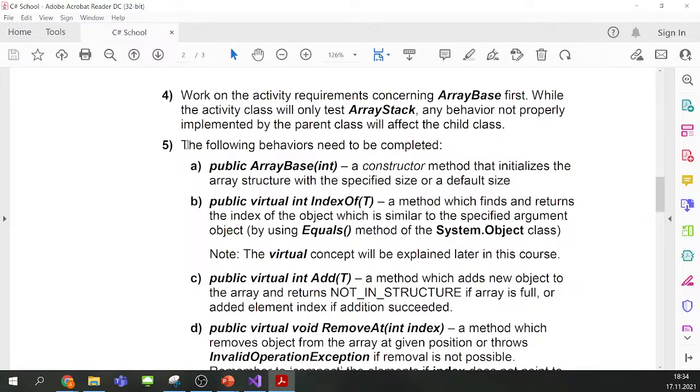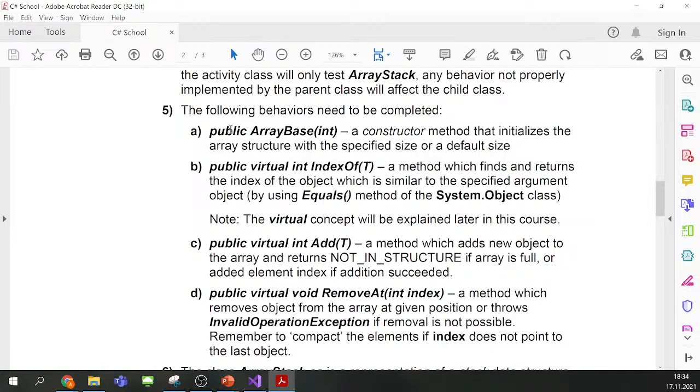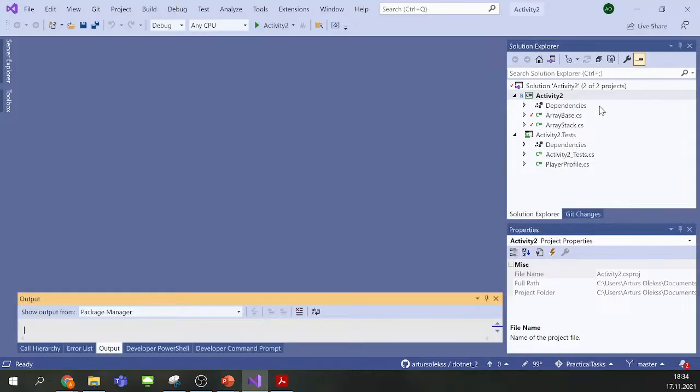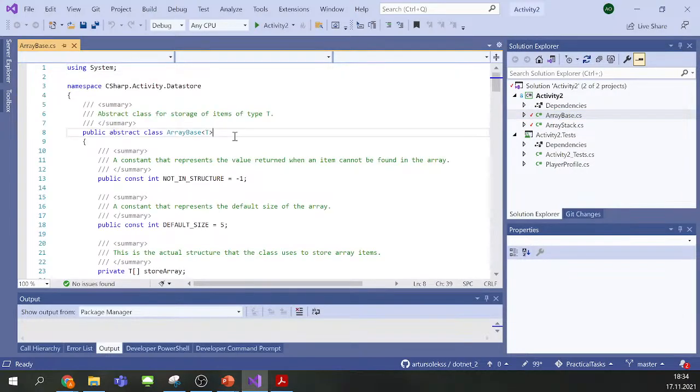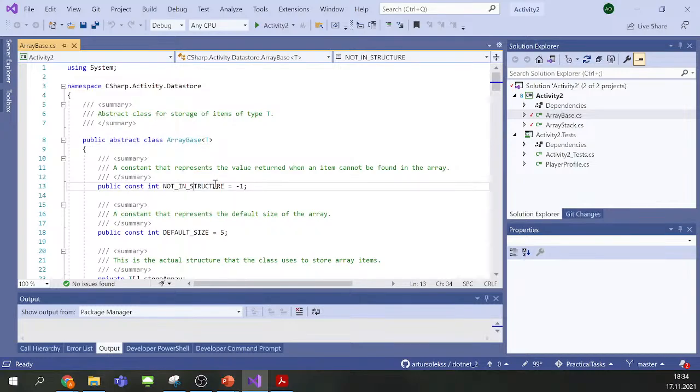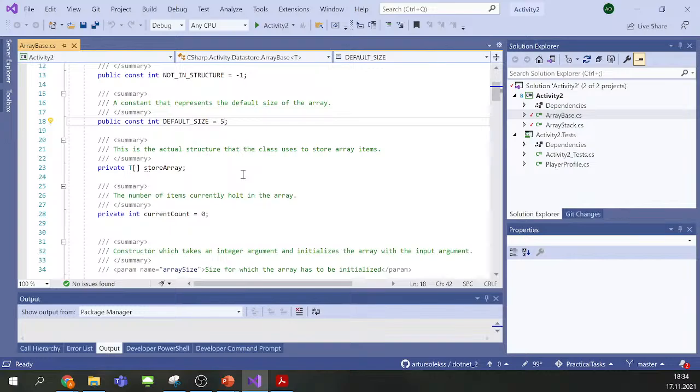starting with point 5, there is code to be written. First of all, there is the constructor ArrayBase, and it initializes the array structure with the specified size or a default array size. We have two classes, ArrayBase and ArrayStack. And we have two constants, NOT_IN_STRUCTURE and DEFAULT_SIZE. So default size means it's the default size to be